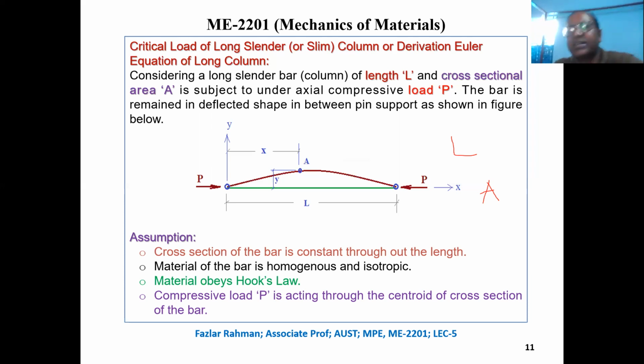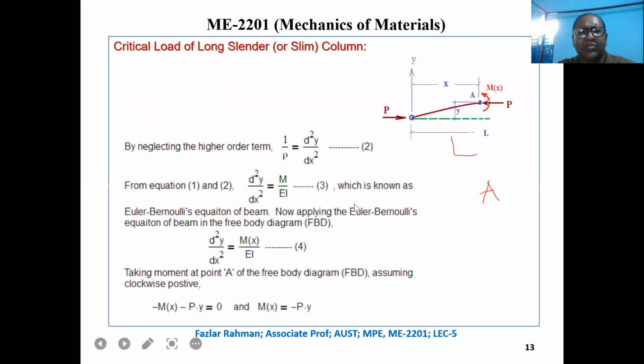And what is the moment of inertia? Anyone? Moment of inertia means if you have high moment of inertia, it will offer more resistance to buckling. If you have low moment of inertia, then it will buckle easily. So if you increase the moment of inertia, it will offer more resistance. That means it will not want to buckle. That's why you see that